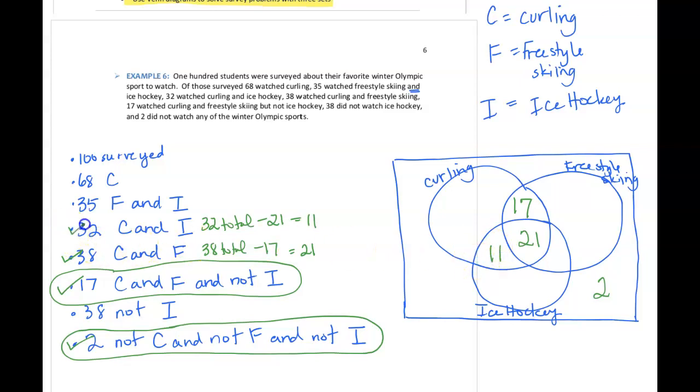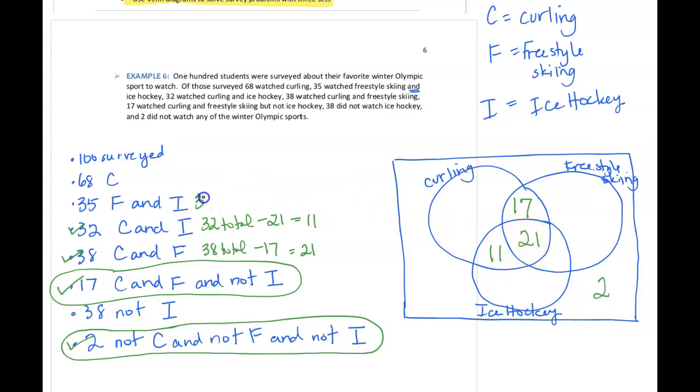And we can check that one off. Let's continue with another statement that is specific about 2 sets. 35 people like field hockey and, like freestyle skiing and ice hockey. Looking where freestyle skiing overlaps with ice hockey, we get these 2 spaces, and that needs to total 35, but again 21 is already listed in the center.